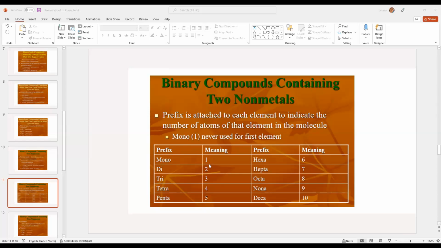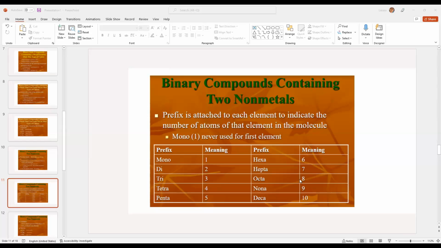If there is only one atom, then the prefix is mono. If you have two, the prefix is di, 3 tri, 4 tetra, 5 penta, and so on, as you can